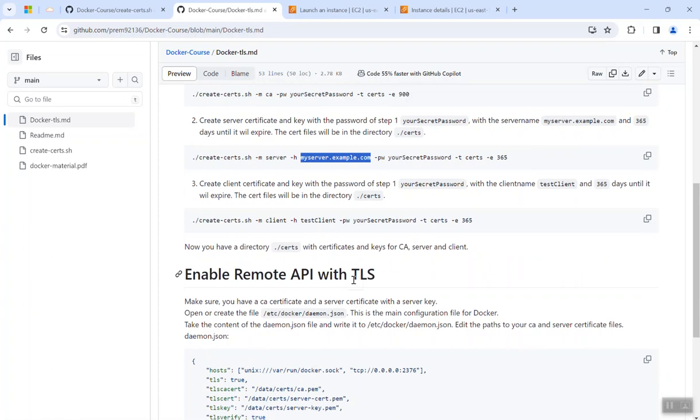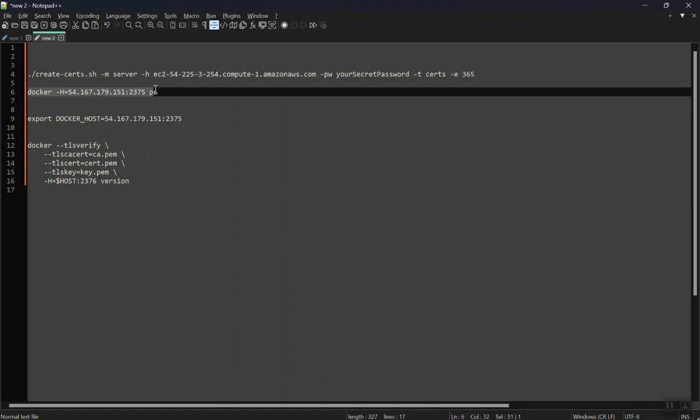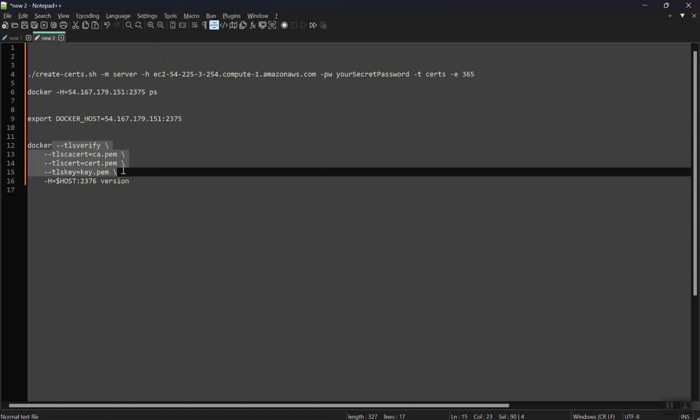That's it. So how you will connect to the Docker server with certs is simple. Right now we are connecting like this, right? Then you need to add these extra steps. These are the extra steps. We are adding them for the server, and for the client we are adding TLS verify, TLS CA cert equal to ca.pem, cert.pem, TLS key.pem, like that. You need to add these and communicate. Anyway, I'm going to cover that in the